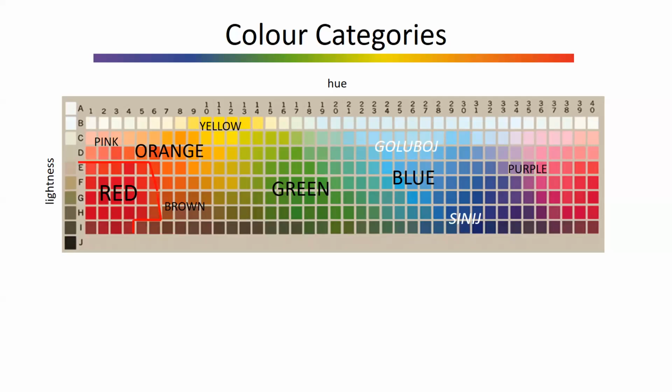So you can imagine that between these categories, there are some boundaries. So here I've sort of demarcated the red area as it bounds pink, orange, and brown. And then I've demarcated an orange area of the space. And now if we think about the colors at the boundary between red and orange, those colors, compared to colors that may be equally far away perceptually, maybe there is something special there because there is also this cognitive difference. So those are certain colors that are very interesting from the perspective of cognition.